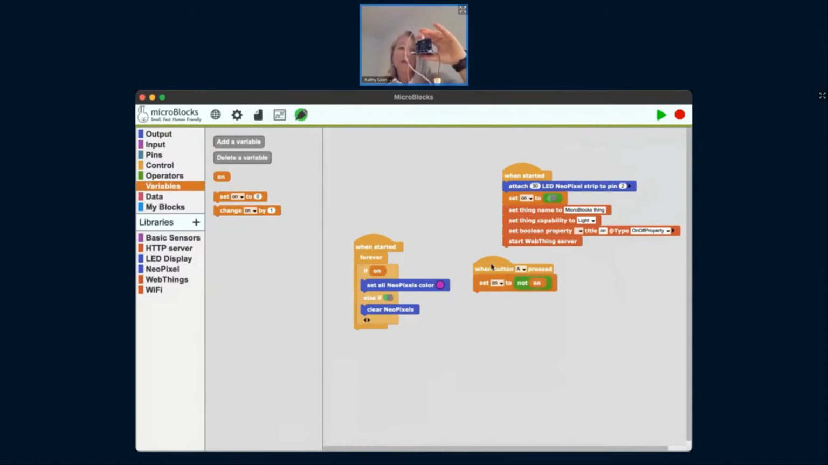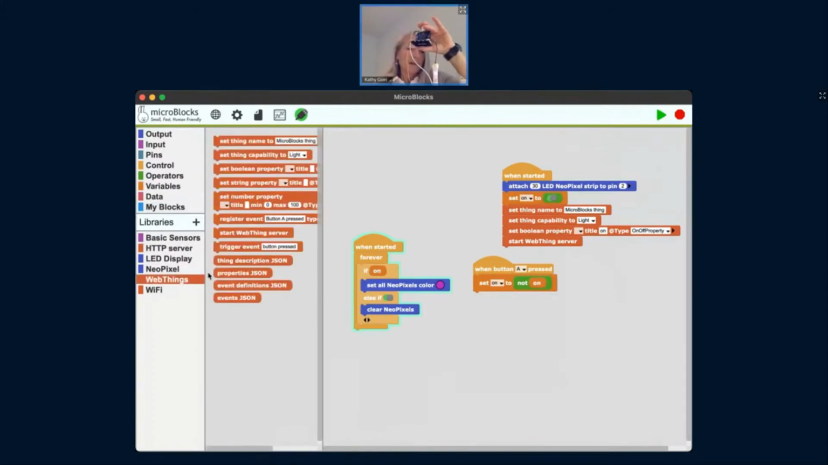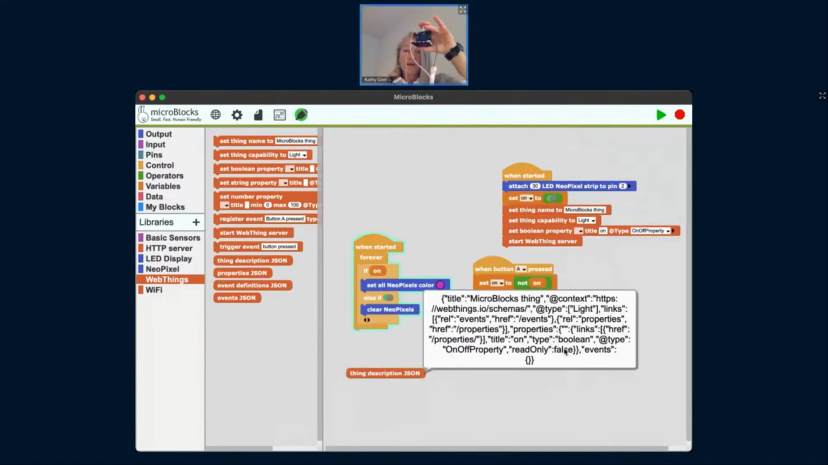But now, basically, if I start this program, it creates a web thing, and I toggle the button, and it goes from on, which it started, to not on. And so now there's my toggle, my button. And then at the same time, if I were just to look at the WebThing JSON, let's see, there's a thing description here. If I look at that, this is what the description in JavaScript is,